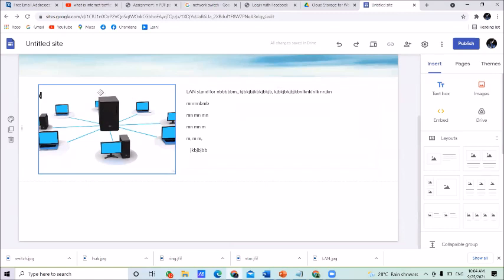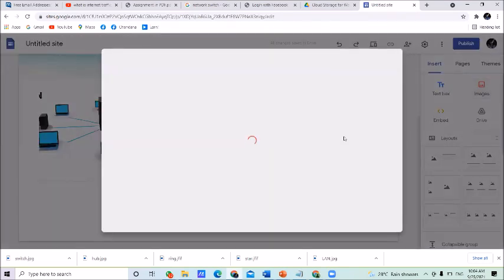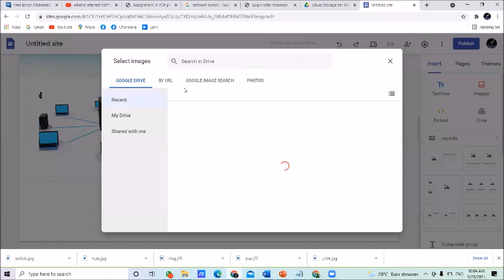Okay. This is local area network. Then the second one is metropolitan area network. Then go to insert, click image. If you want, you can select here. Earlier I showed how to upload it. This time from select.